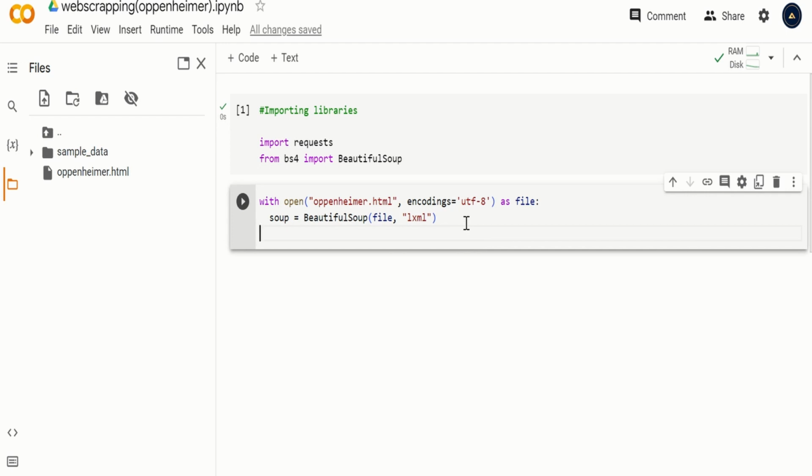So at this point, we have imported the necessary modules, and we have opened the downloaded file, ready to read